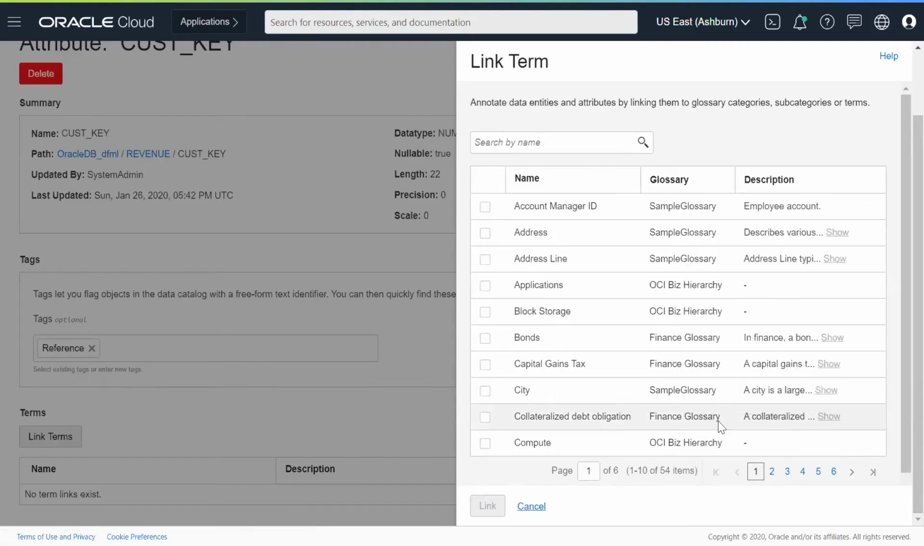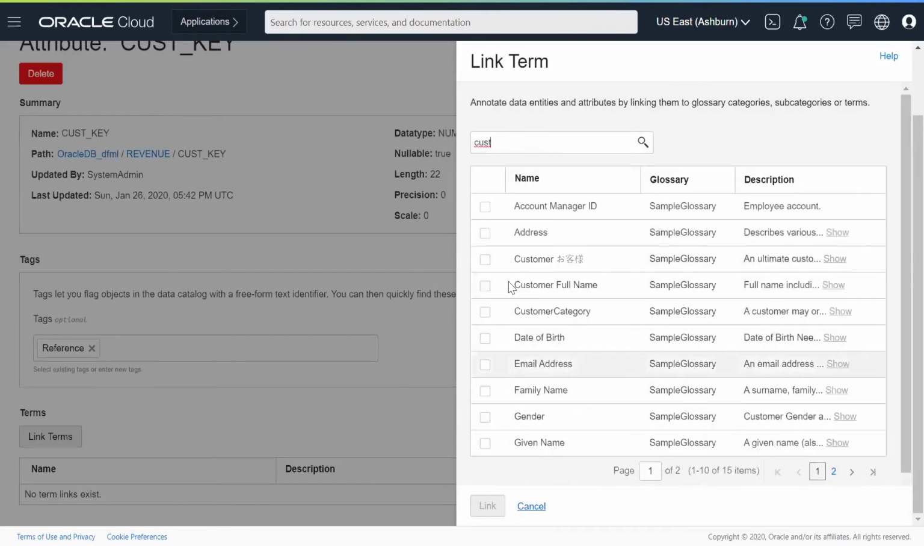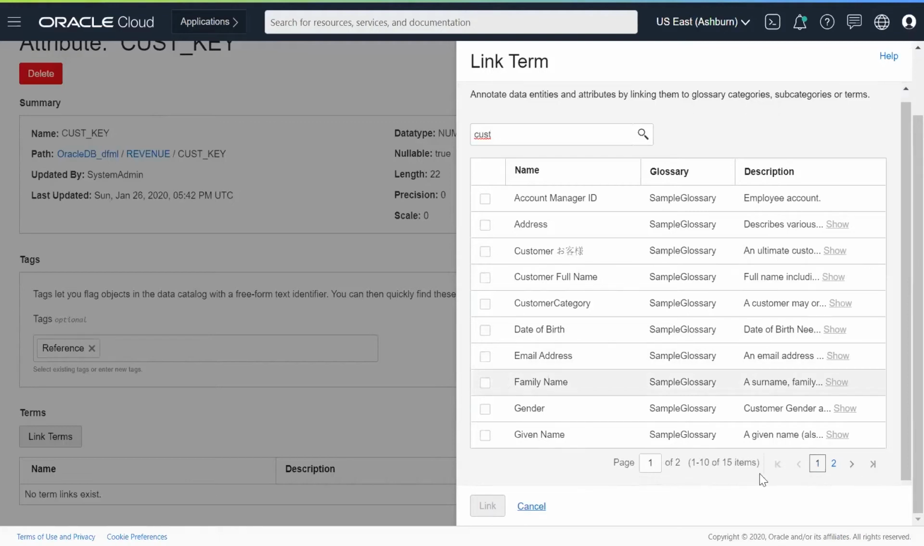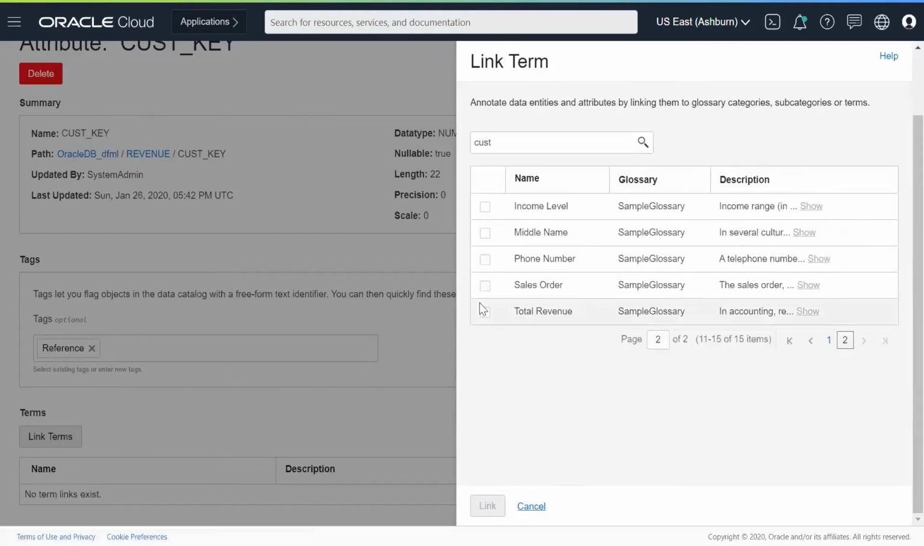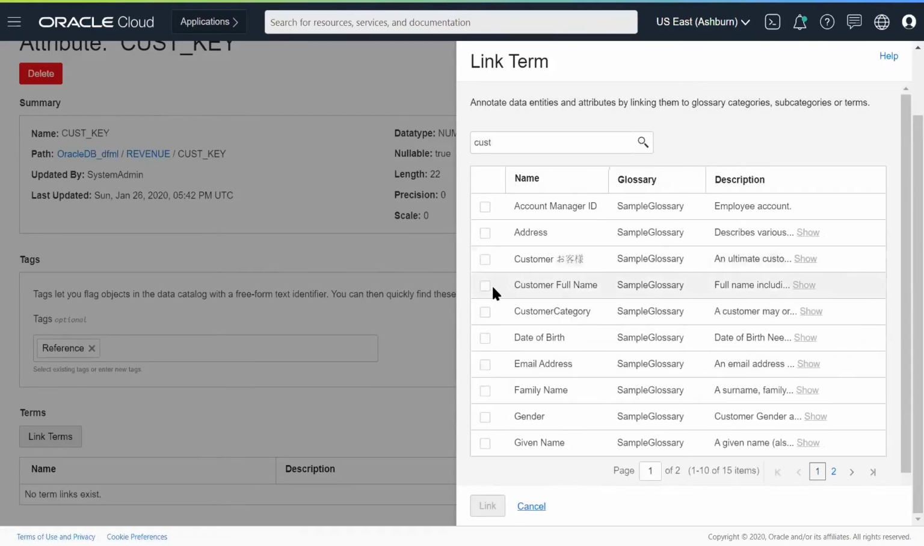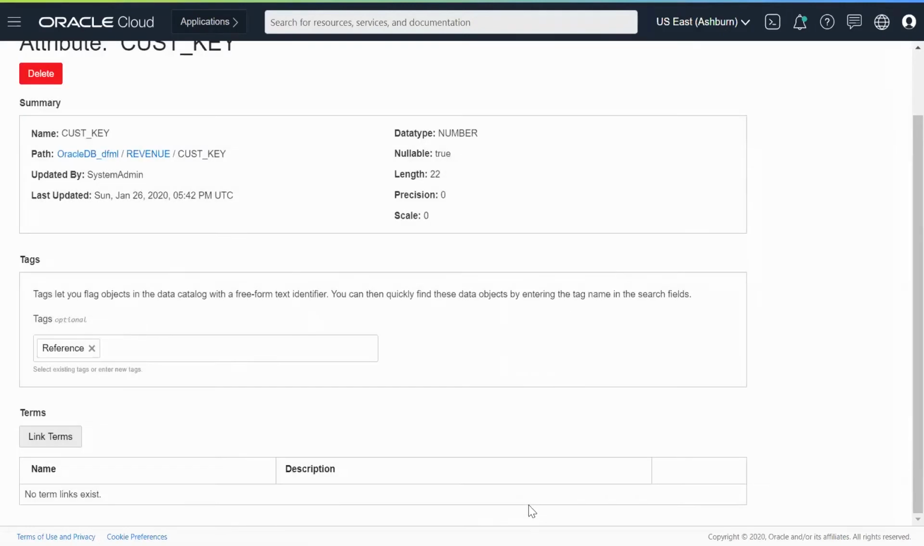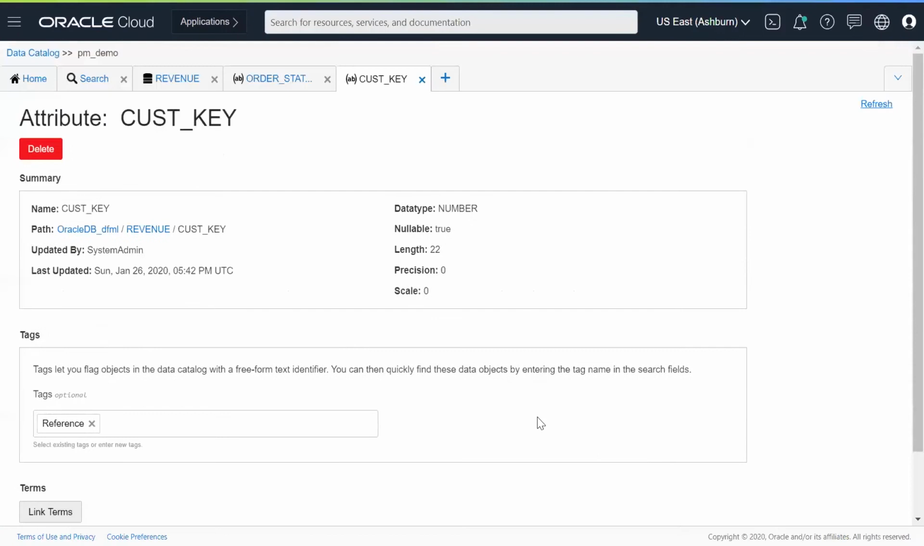So the idea is to collect all that information and then link that to physical technical assets, right? So you could say, okay, this is an attribute called cust key, and I'm going to tie it to, let's see, customer ID. Is there a customer ID here? Hopefully, no. Okay, I don't have a customer ID here, but maybe I can just tie it to customer full name or something like that, right? But the idea is that I can now link such terms to my keys or my technical objects